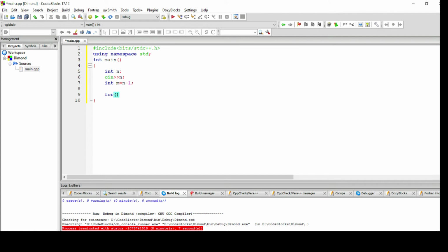This for loop will go through the rows one by one. For that, I will declare i equals to 0, i should be less than n. After that, the nested for loops will be for the space drawing and the character drawing. The first for loop is for the space drawing. I will declare j variable, and now our j variable is less than the variable m.